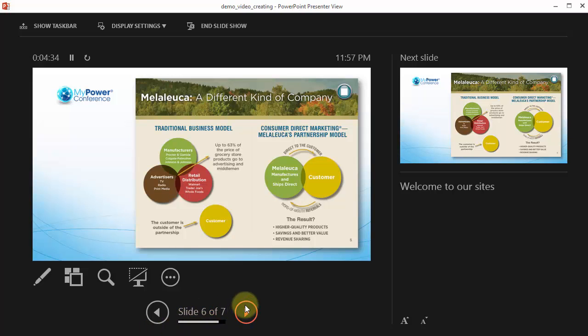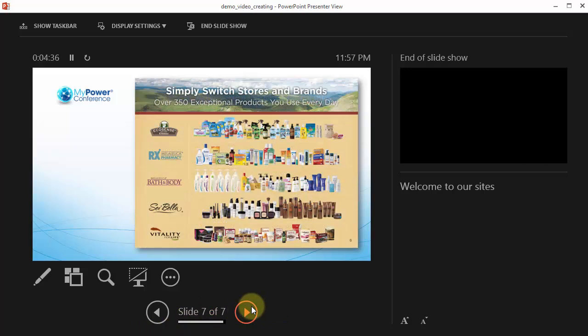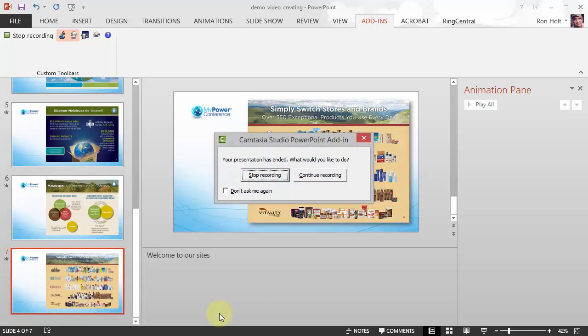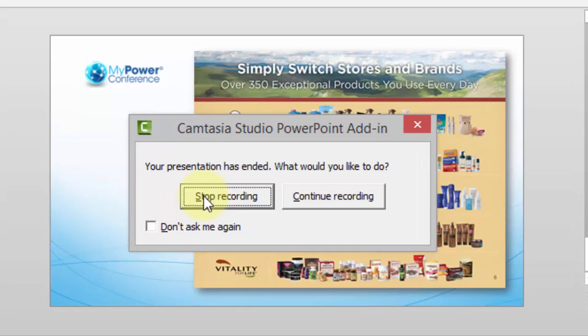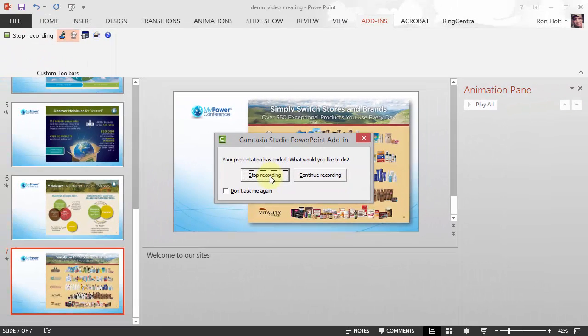Okay, so we're doing the recording. At this point, let's go ahead and go to the next slide and say, okay, we're done, and we're going to close out this recording. So I'm going to press the escape key, and that will bring up this dialog box, stop recording or continue recording. I'm going to click on stop recording,